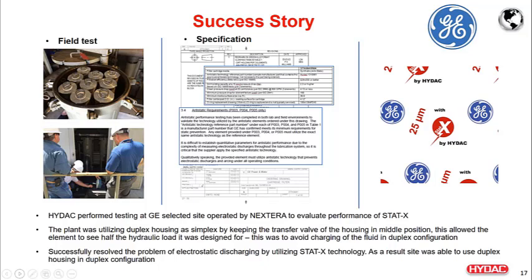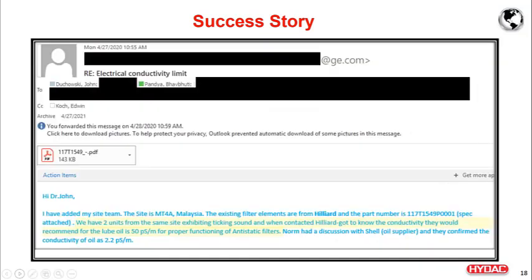And this slide shows such an event where the OEM came to HYDAC saying that we are seeing this issue, and one of HYDAC's competitors, Hilliard, which is also on the specification, is not able to resolve that, and they are confronting that their technology is not being effective below 50 picosiemens per meter,